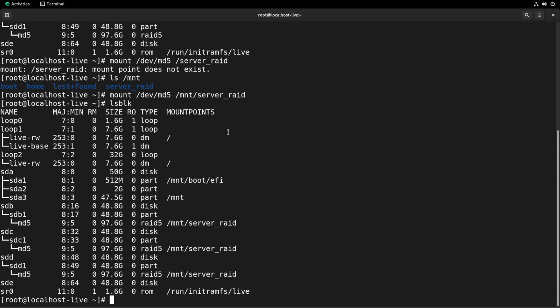Everything's good to go. We're probably not going to actually do much with the rest of this server RAID in this video. I am going to show you how to configure it so that you can make sure it actually runs. Then, though, we need to install our operating system. So the next part is